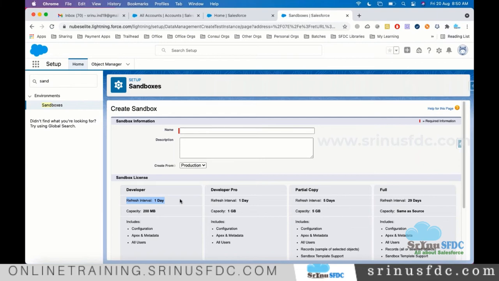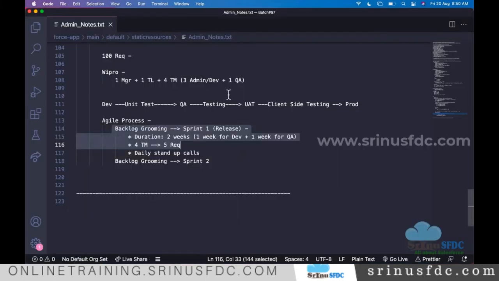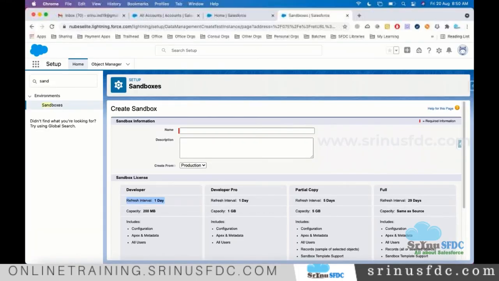How to take the backup for the configuration? There are tools like Visual Studio Code. When we start with the development, I'll explain about that. So we have the chance to take the backup, so that after refreshing, we put our in-progress changes back to dev and continue working.